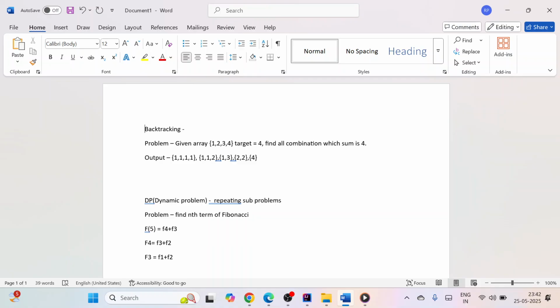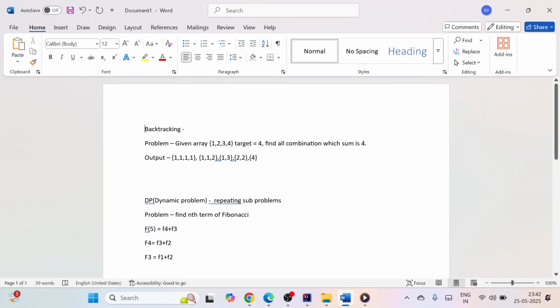Everyone. Today we will be discussing two main algorithms, which are backtracking and dynamic programming. Most of you get confused when you see the problems about where to use which one. So today I'll explore the main concept of both and when to use which one. We'll see one by one.